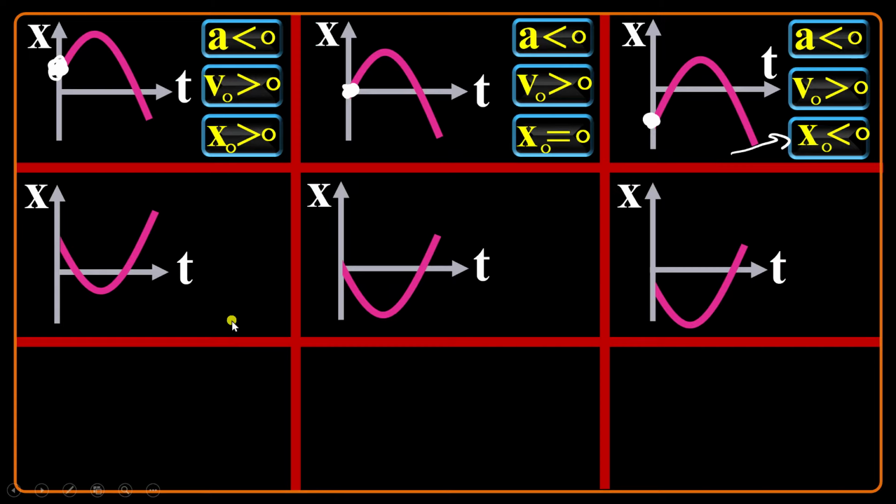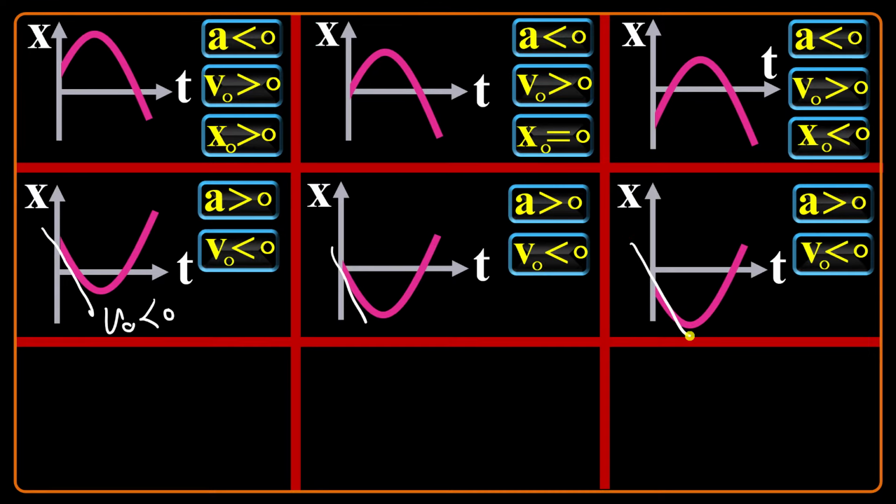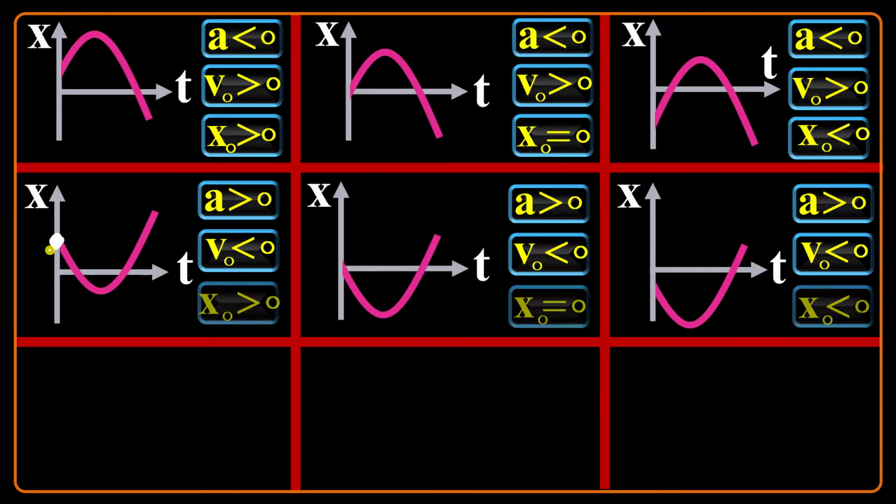Look at these three. They are all concave up, so acceleration is positive. At the beginning, this graph is descending, so initial velocity is negative in the three cases. The last will be related to initial position. Initial position here, as the graph starts from a point above the t-axis, is positive. In this case, initial position 0, and the last initial position negative, because the graph starts from a point below